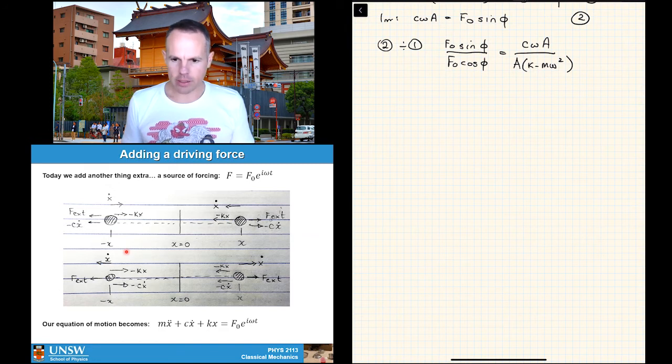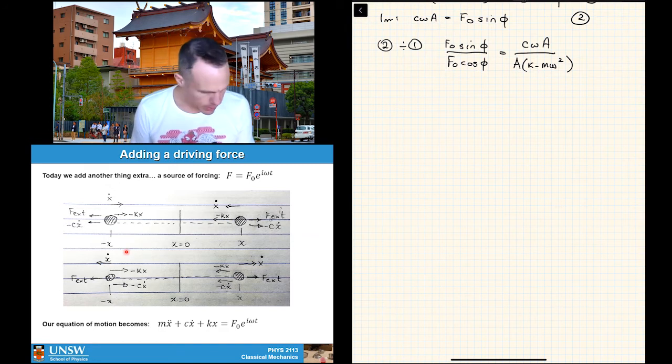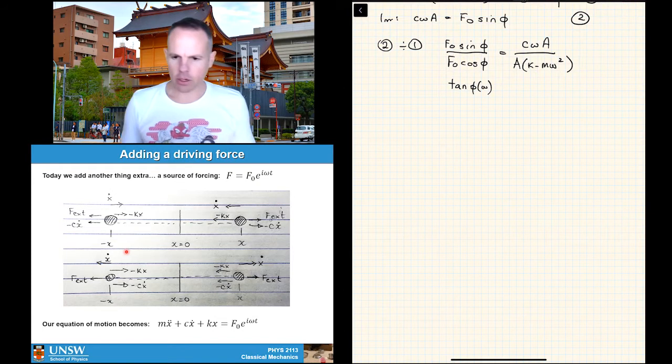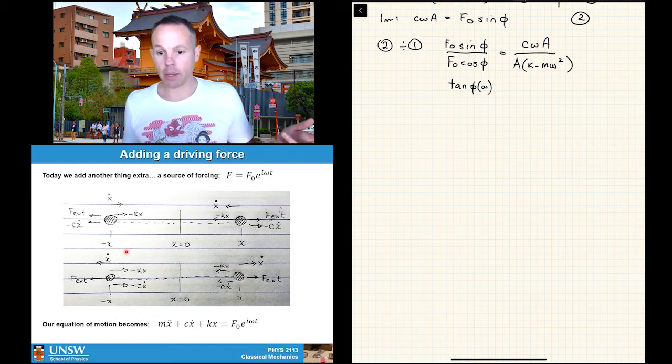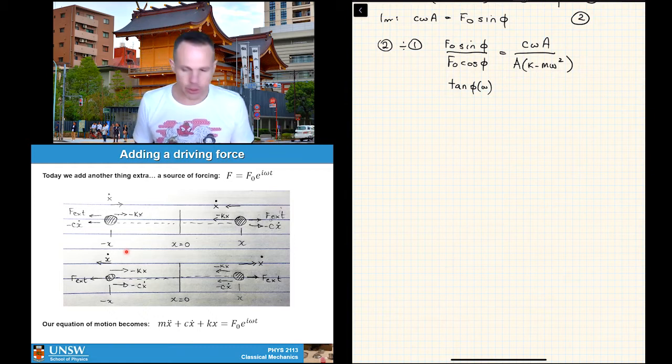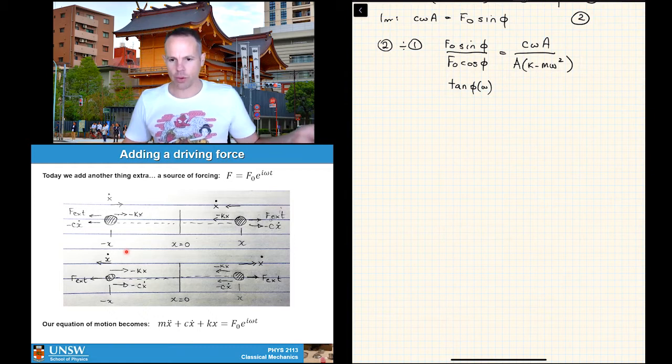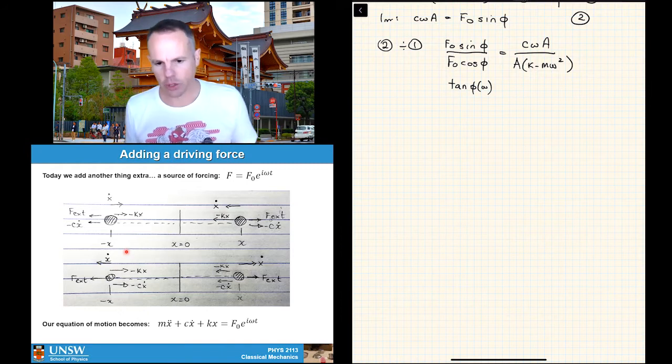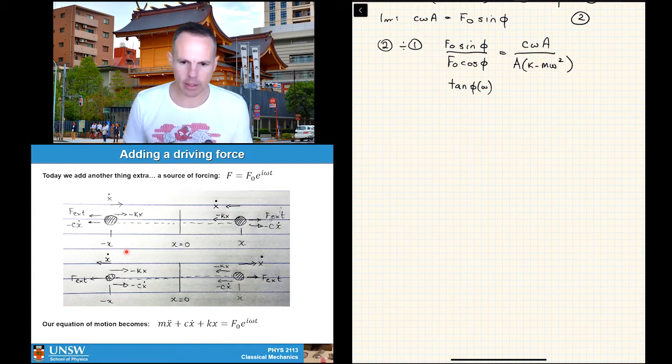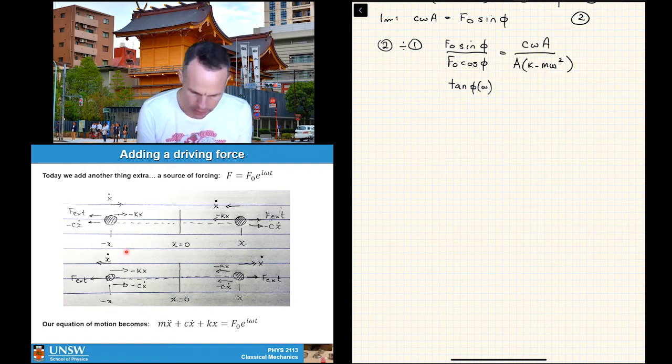The f naughts are going to cancel out. I'm going to be left with an expression for my phase term. So sure enough, here I've got tan phi, and we're just going to make it explicit that this phi might depend on frequency. Don't need to carry that all the way through the rest of the maths necessarily in the notation, but I just want to at some point make it clear that I know what this thing may depend on. And of course we can see that here because there's a c omega a on a k minus